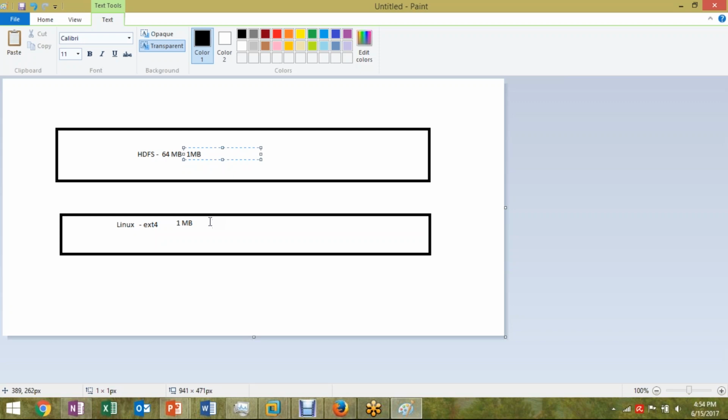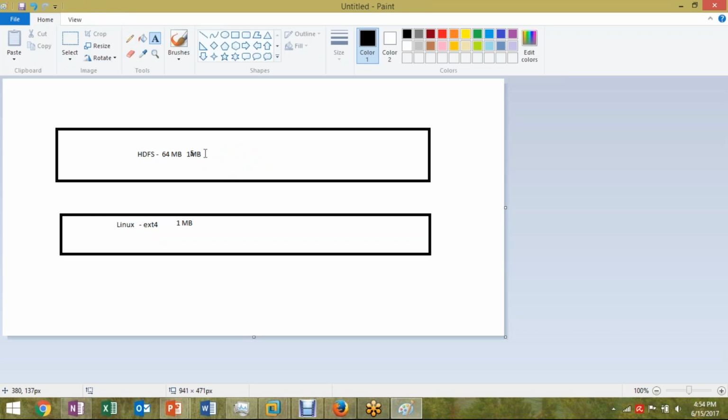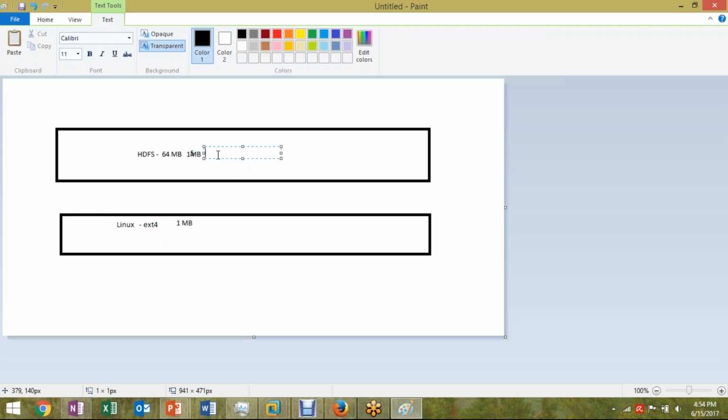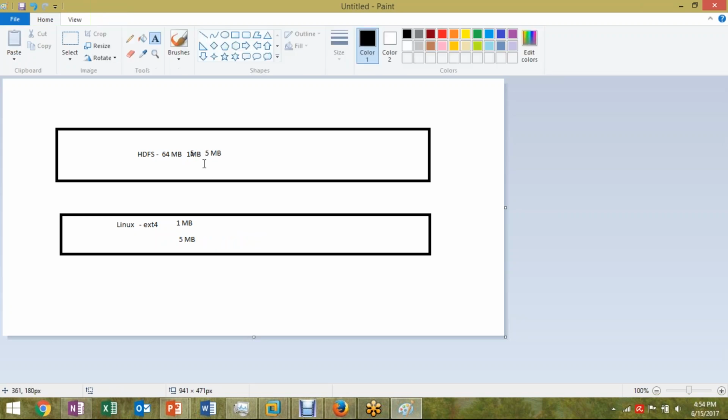But when it comes to, sorry, say a 5 megabyte file, it's another 5 megabyte file. So it's trying to store a 5 megabyte file here. So technically 59 megabytes should be wasted, but the actual data is stored on this data node which is